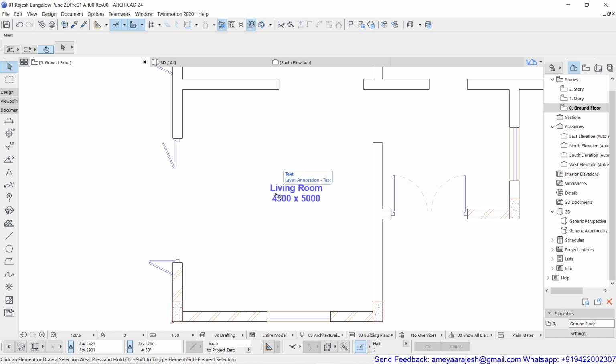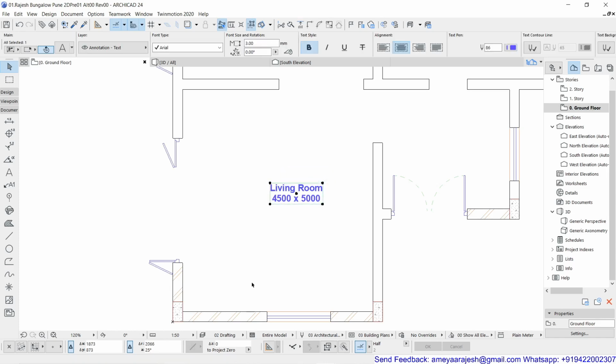Anyway, now I'm going to select this. The moment I select this, the info box says all selected, and text editing is started over there. Let's talk about some basic things. For example, I want to move this. I'll say Control D, drag. Then the prompt says enter drag reference point. So I'm going to take this as a reference point.